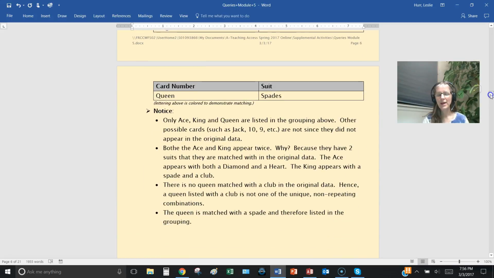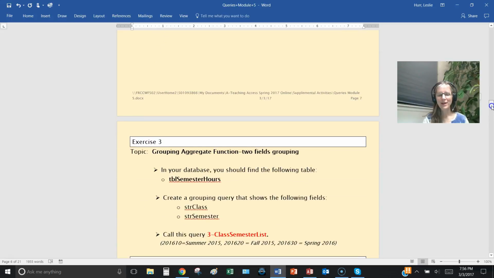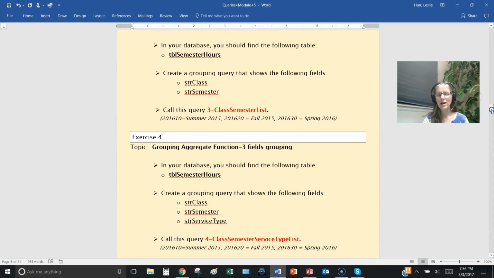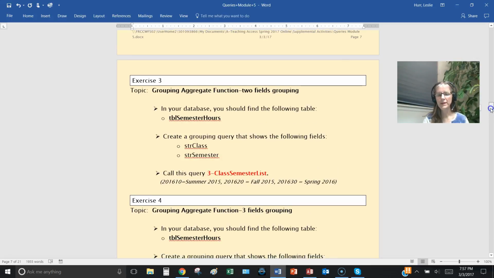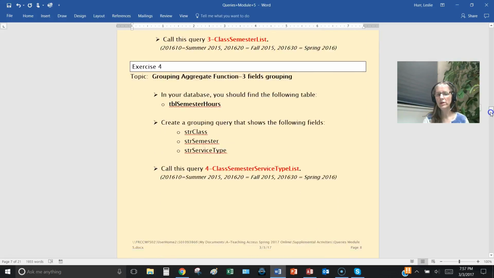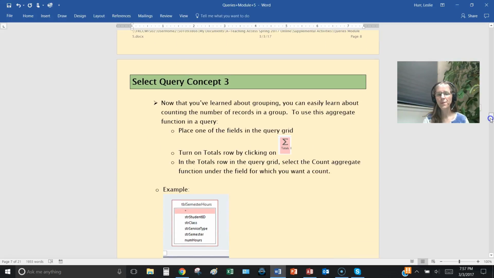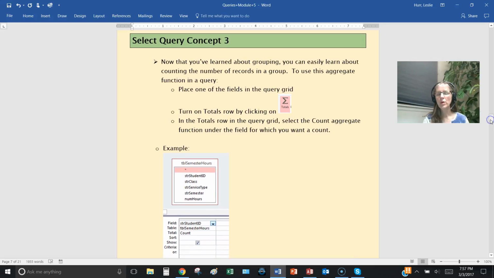All right. So here I just wanted to reinforce your understanding, and so you can read that. Looks like I misspelled both. Anyway, down here are a couple of exercises where you can try it out for yourself so you can see what happens, and you can try it with 2 and 3 fields. Okay. All right. So now we're moving on to